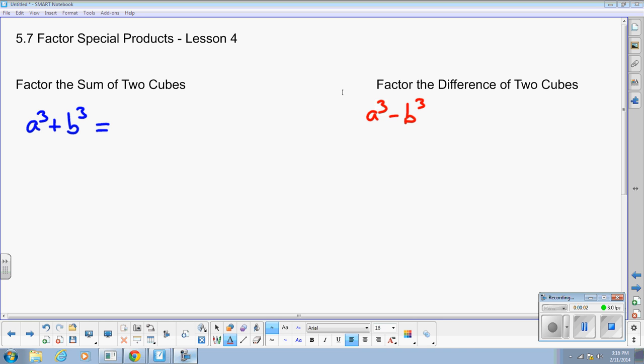Fourth lesson from 5-7. Yes, fourth lesson. I said I tried to shorten the videos, and we're trying to keep them short. So here we go. Lesson 4 is on what we call factoring the sum of two cubes or factoring the